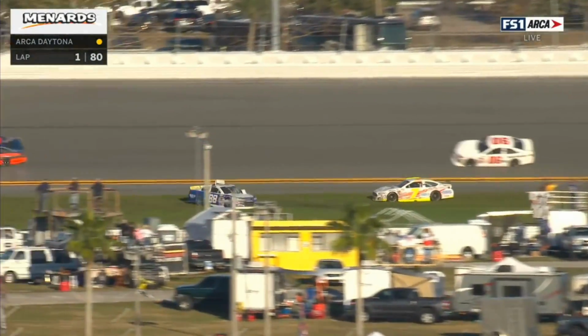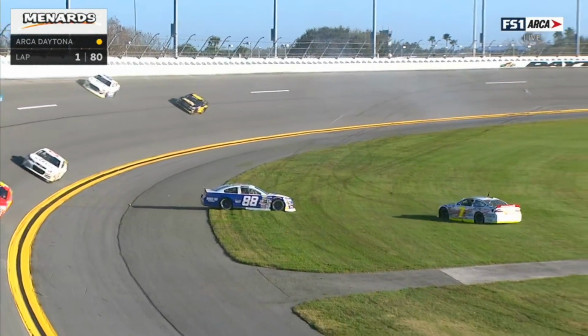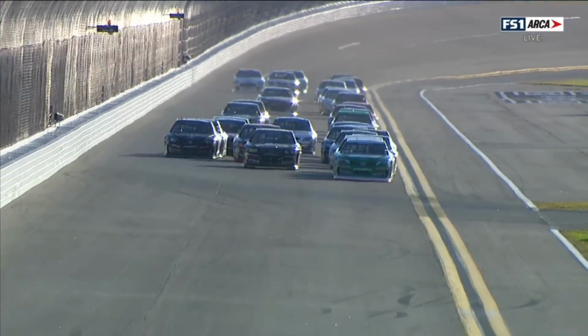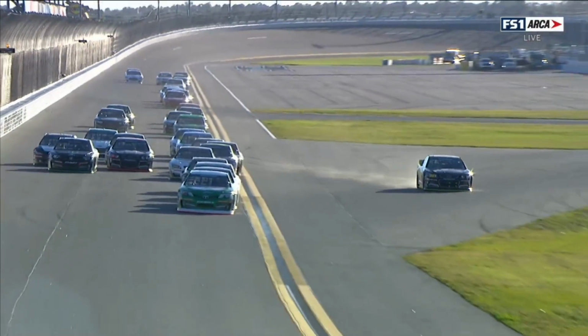Oh, no. And we're not done yet. That's Scott Reeves, the blue and white number 88. Eric Caudle in the 7, the white number 7. You see Andy Seiss, that's him, the black car on the racetrack. Andy thought he was clear, trying to duck in a hole. You can see some shadow in the opening. He just wasn't clear by...